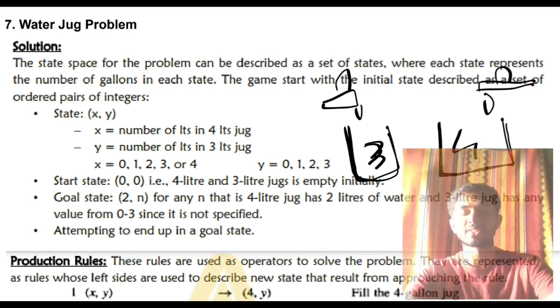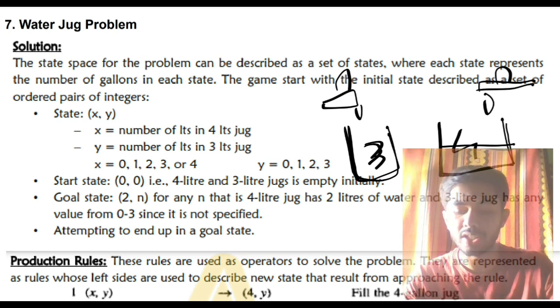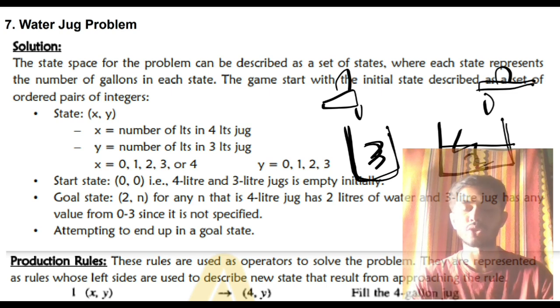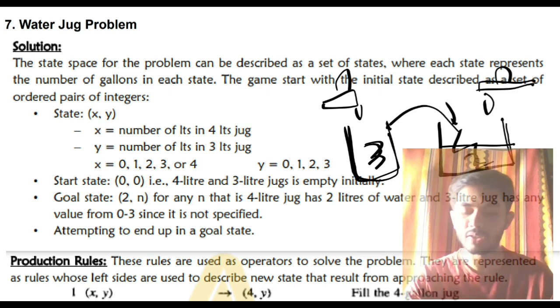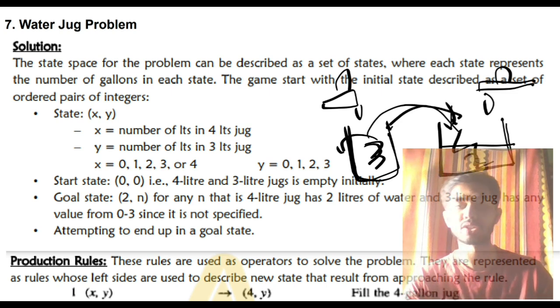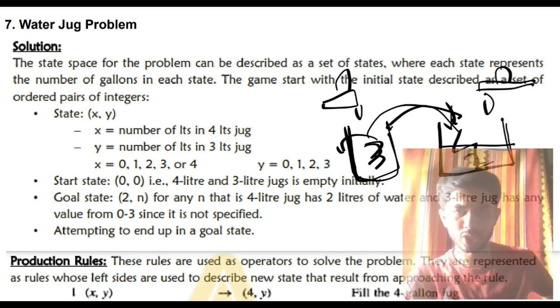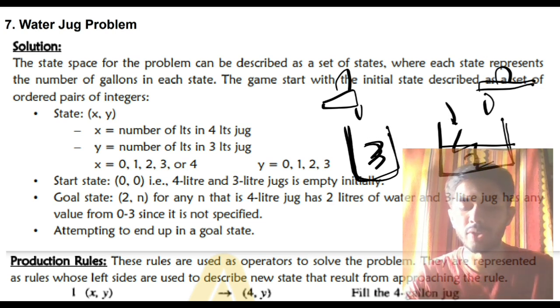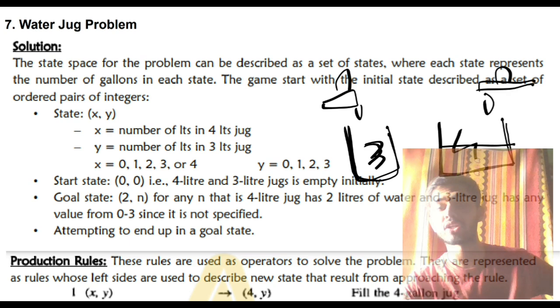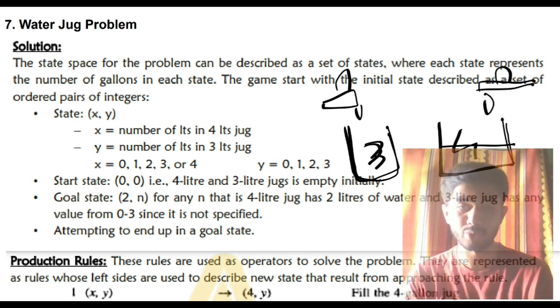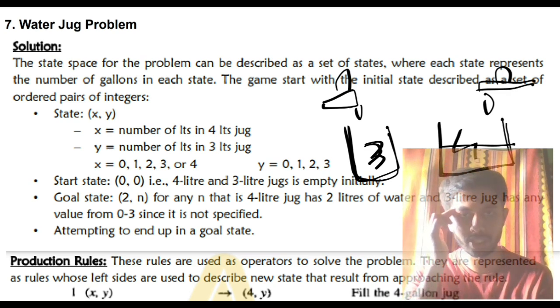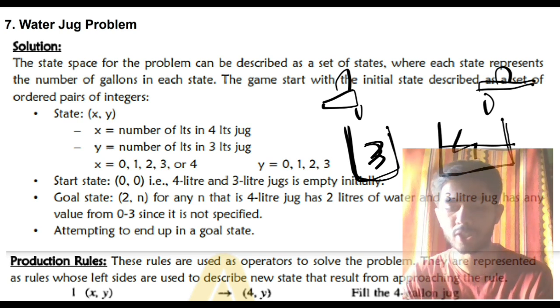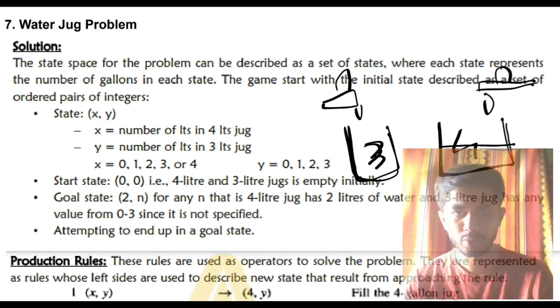Now your task is to fill 2 liters of water in the 4-liter jug. You have to correctly fill exactly 2 liters. You can fill this jug, pour some water here, empty this jug and pour again. All these things you can do. The only surety is that if you fill this full, it will be 3-liter, and if you fill this full, it will be 4-liter. Those are the only two sure answers you have. Okay, so this is the problem. Super important and super repeated question. So listen very carefully so that the solution stays in your mind and you can easily write it in the exam. So how do you write this answer?